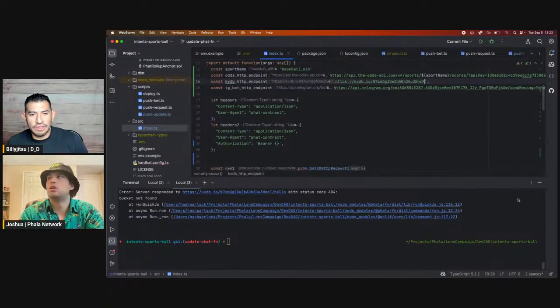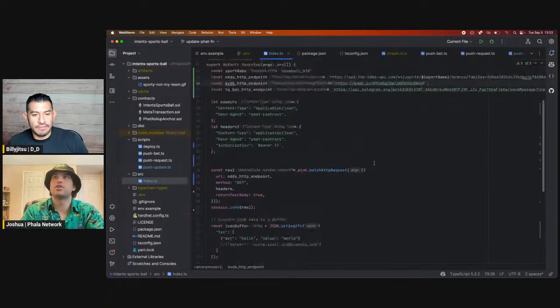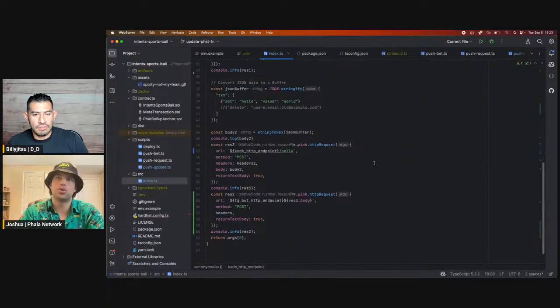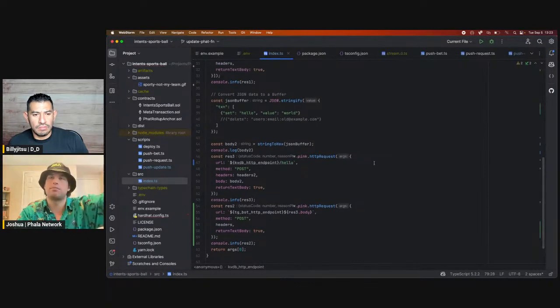And this is on the GIST too, right? Just in case, this example. Yes, yeah. So I'll be updating this to be able to show y'all an example of using the